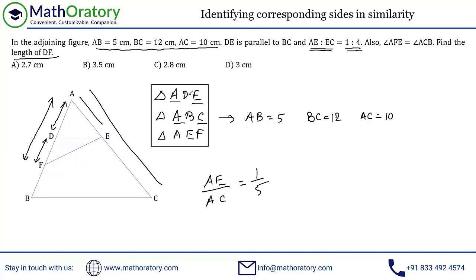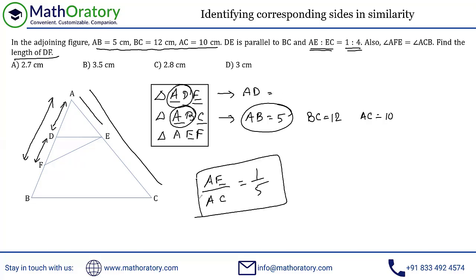So AD in this triangle will be corresponding to AB in the second triangle, right? So AD and AB. So let us look at this AB here. This is 5. So AD should be 1/5 of that, just using this ratio. 1. So this is very easy to identify. But remember, we also need to figure out the value of AF. Now, AF will be corresponding to AC. So now I'm comparing this triangle 2 and this triangle 3. So AC and AF are corresponding.